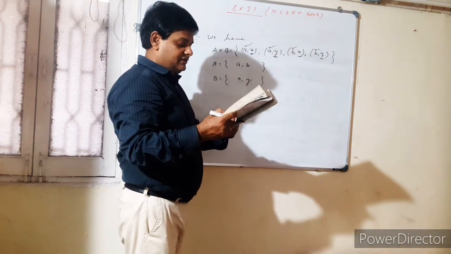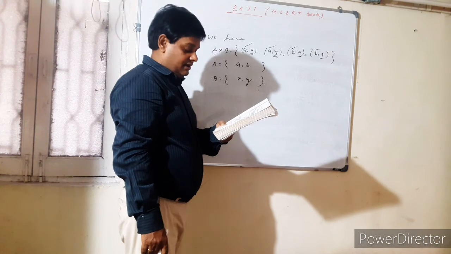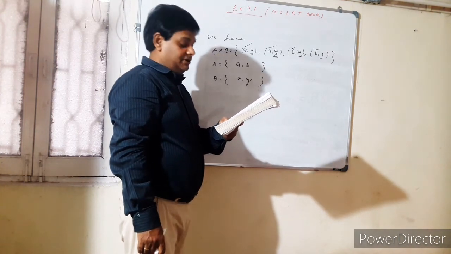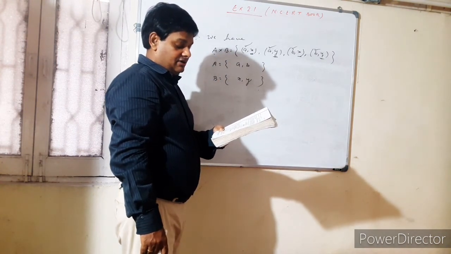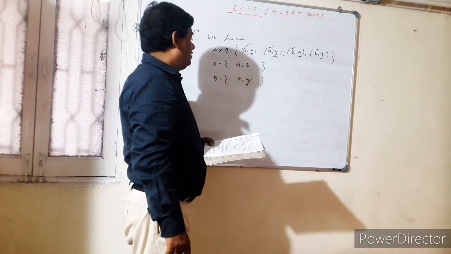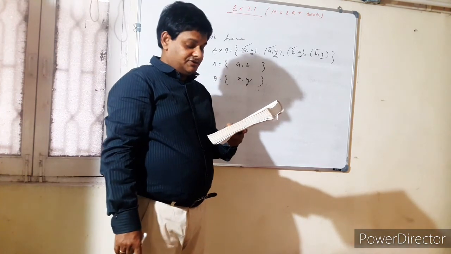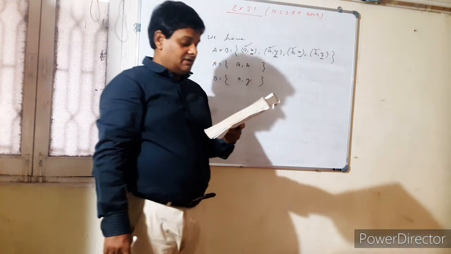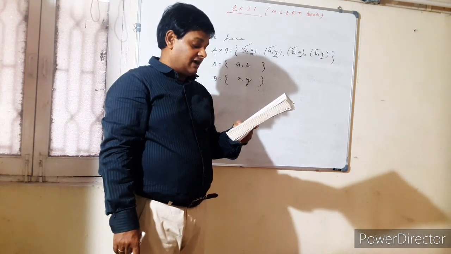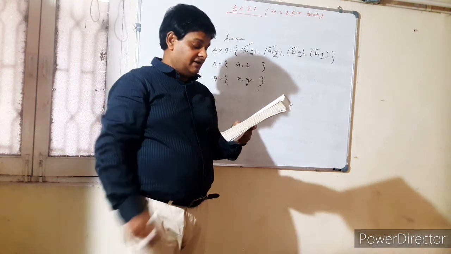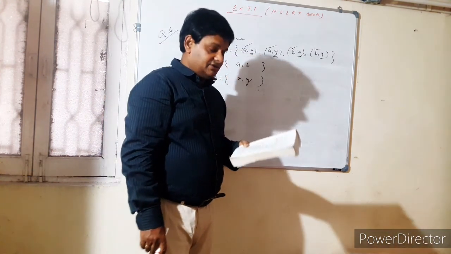Similarly, question number 7, you try to solve. First A, then B, here C and D are given. Verify that A cross B intersection C is equal to A cross B intersection A cross C. So try to solve these questions. I have given for homework these types of question already. You try to solve. First find out B intersection C. See here, B intersection C is 5. A multiply 5 is equal to 5. So like this you try to solve.